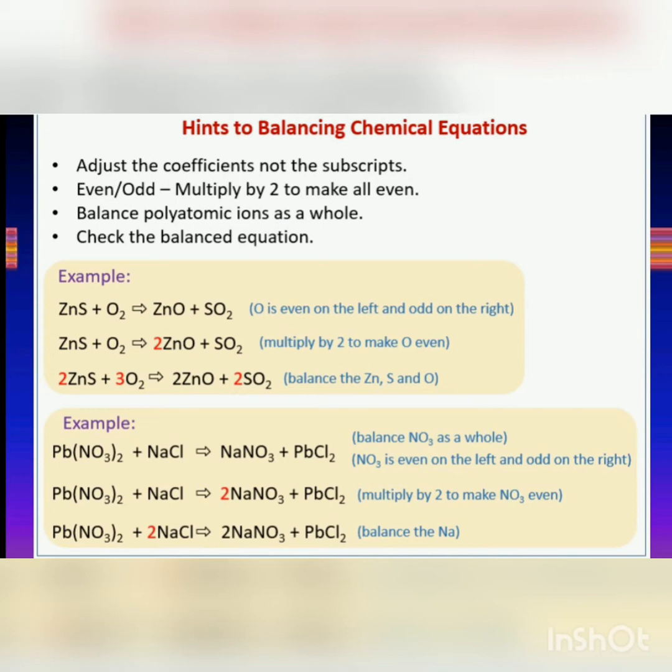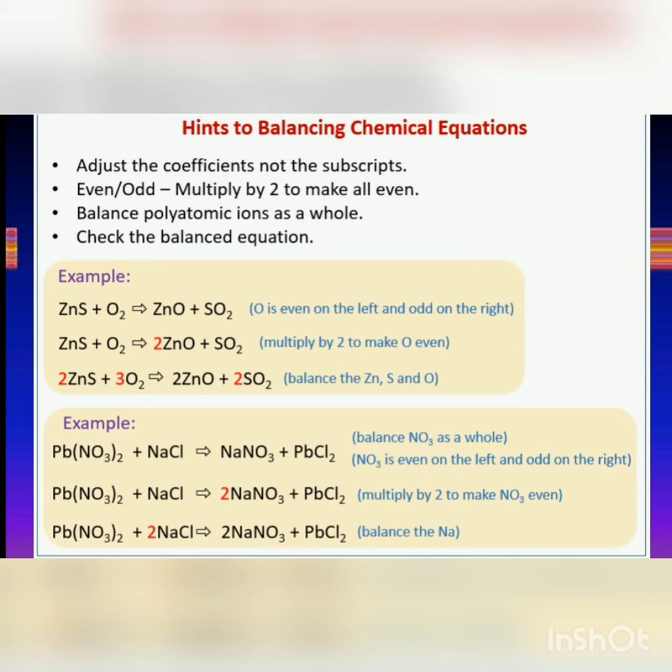Now let's check for sodium. If you see in this equation, sodium has not been balanced. In the second example, after making NaNO3 twice, there's sodium on the left hand side as Na. So that's one sodium, whereas on the right hand side of the arrow it is 2 NaNO3. So Na is 2 here. So now sodium is not balanced. So we'll have to check for that and balance it out.